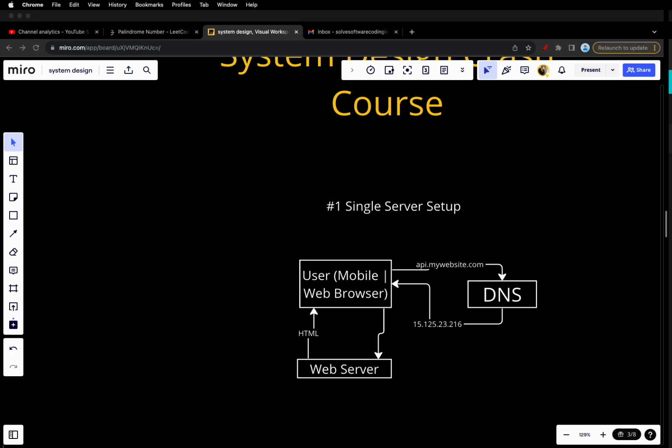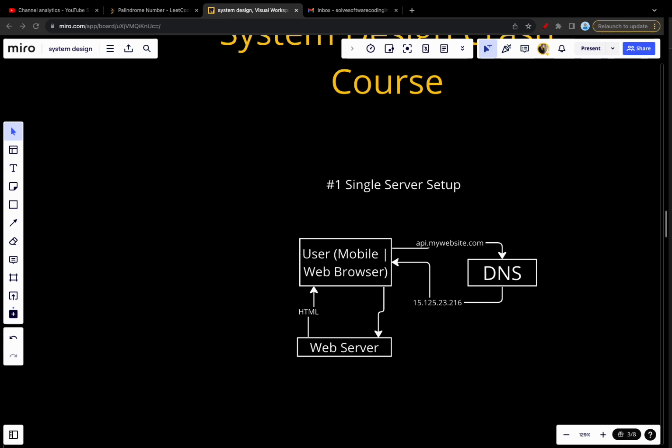However, if you are curious about the domain name system, we can say in conclusion, DNS stands for domain name system, and it is a fundamental technology used on the internet to translate human-friendly domain names into IP addresses that computers use to identify each other on the network. In simpler terms,